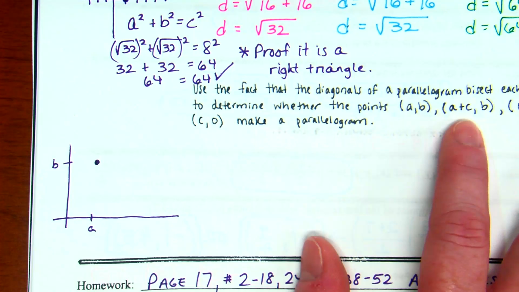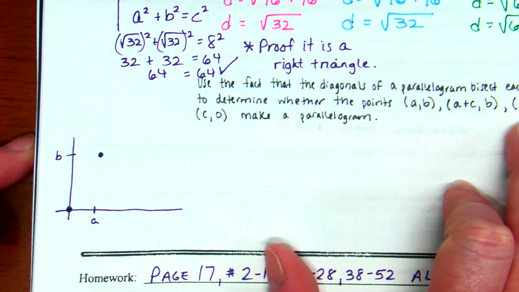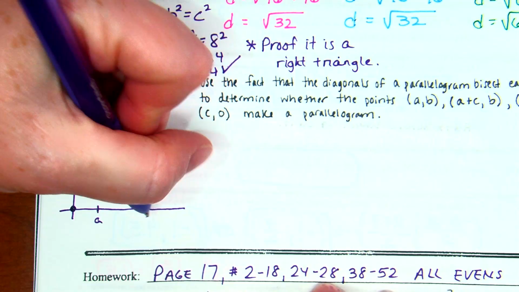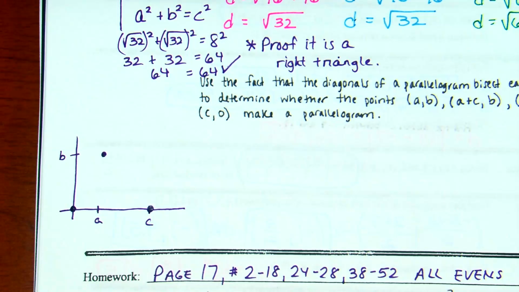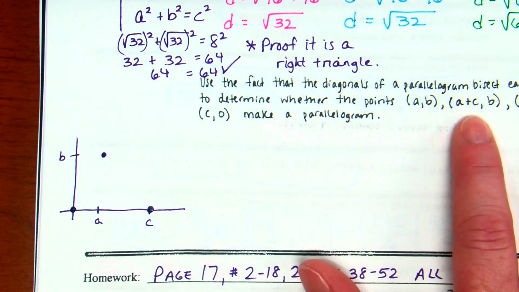There's a point at 0, 0. You guys all know where 0, 0 is, right? And there's a point at C0. So C is going to be going over C, up or down 0. This other point is at A plus C, comma B. So if you go over the distance of A plus C, so you have to go over a distance of C and also add on